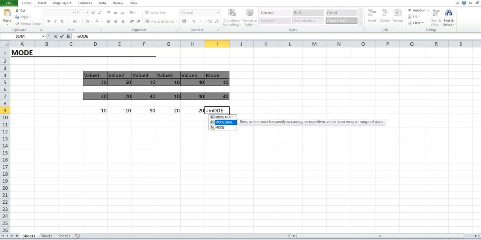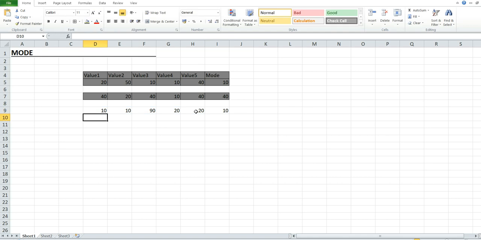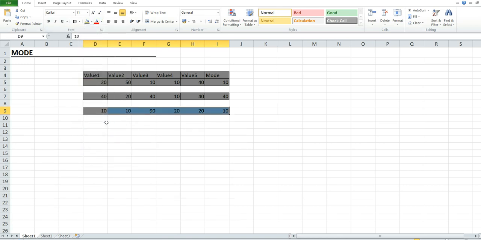MODE, select the range, close the parenthesis, press the enter button. As you can see, we got the result 10 here. Let's see again in another example. So we have 20, right? 20 again and 90.